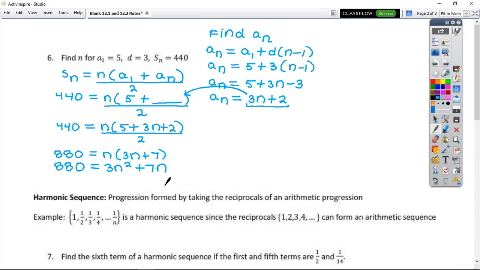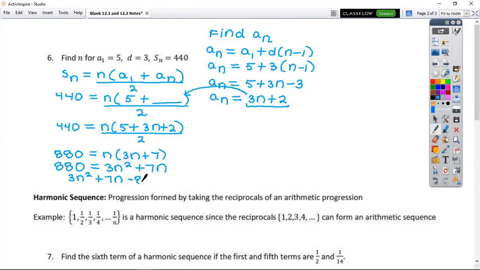Yes, this one gets a little bit tougher. This is a quadratic equation. So kind of like you factored at the end yesterday. So what does this need to be equal to? 0. Yep, so 880 is going to move to the other side. I get 3n squared plus 7n